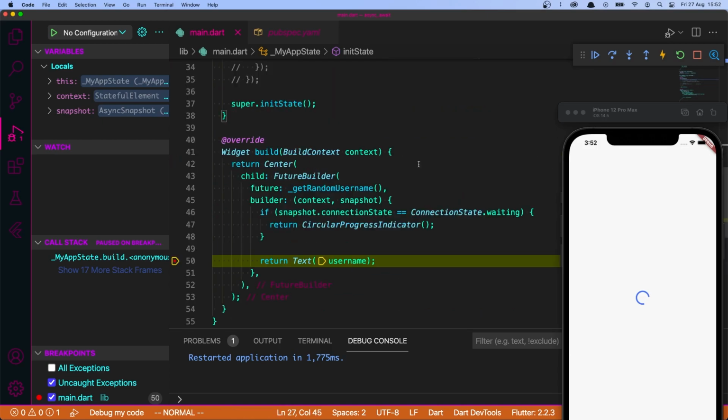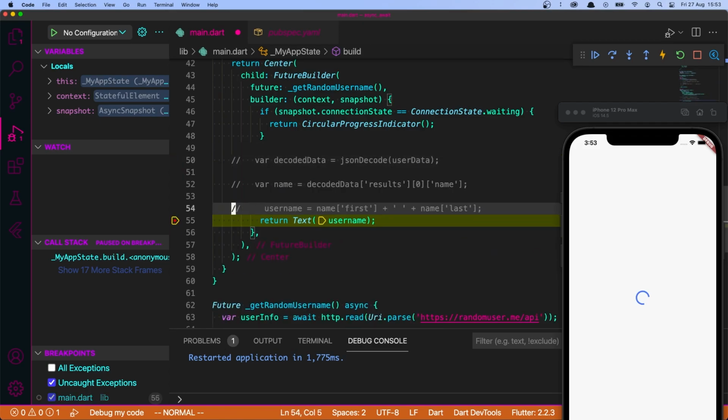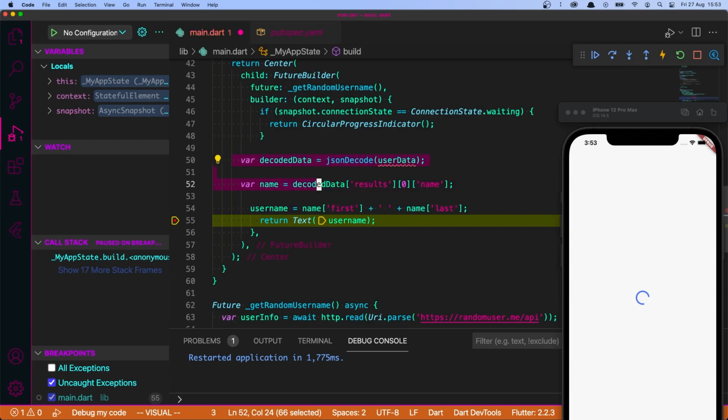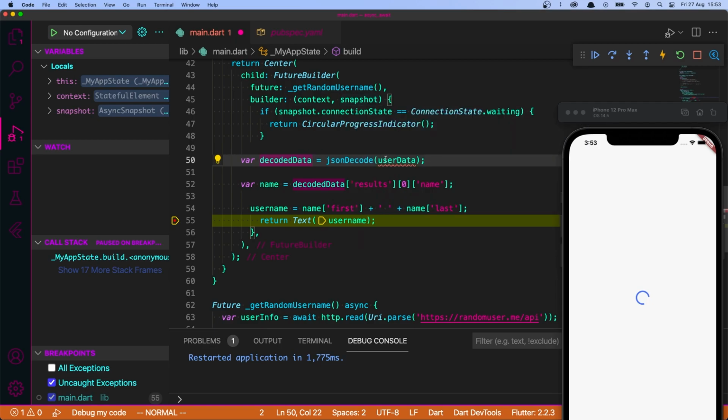Copy. I mean, why should I lose my time writing the same stuff, right? But here, instead of user data, we want to use